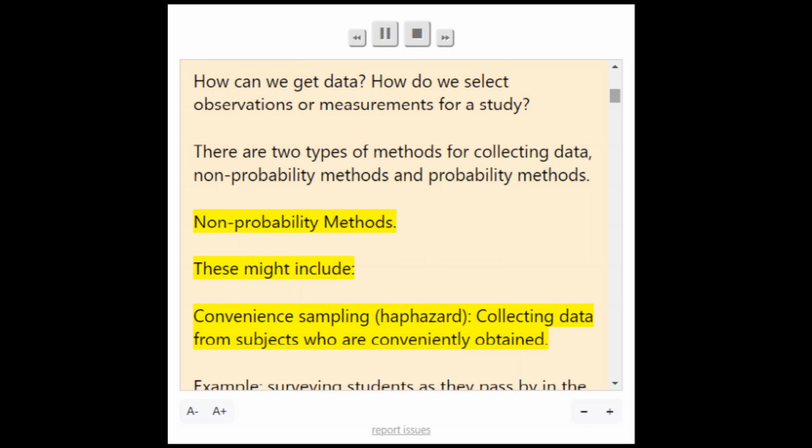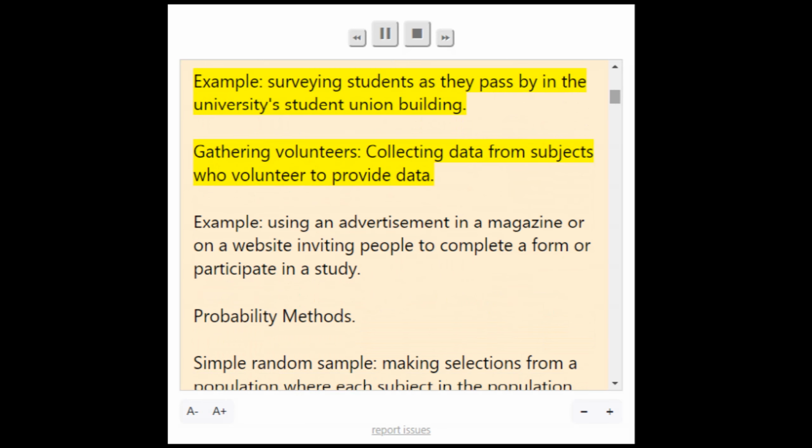Non-probability methods might include convenience sampling, or haphazard collecting data from subjects who are conveniently obtained. Example: surveying students as they pass by in the university's student union building. Gathering volunteers means collecting data from subjects who volunteer to provide data. Example: using an advertisement in a magazine or on a website inviting people to complete a form or participate in